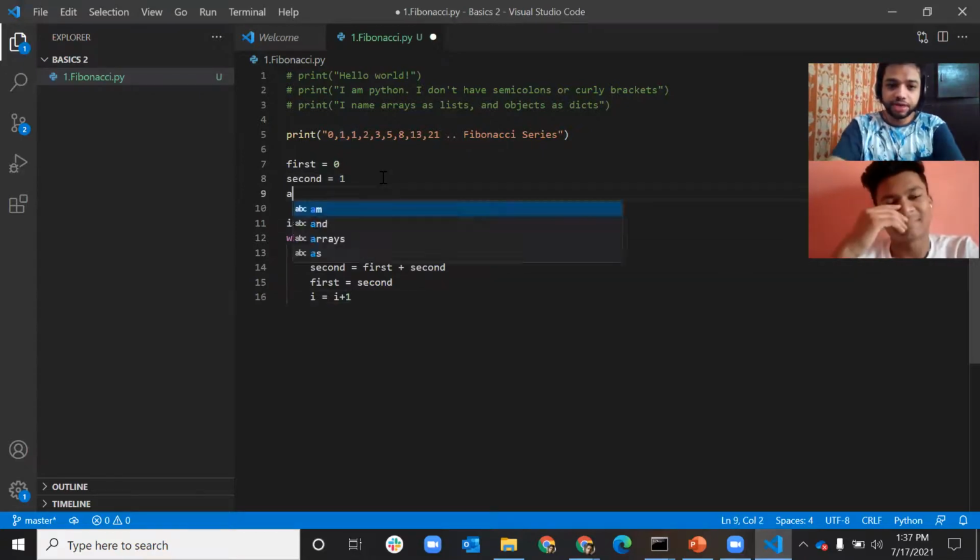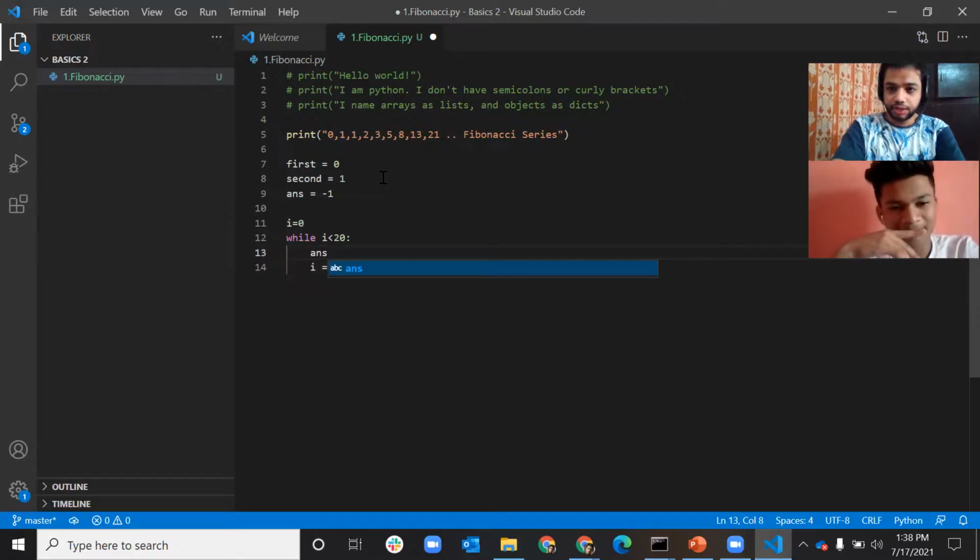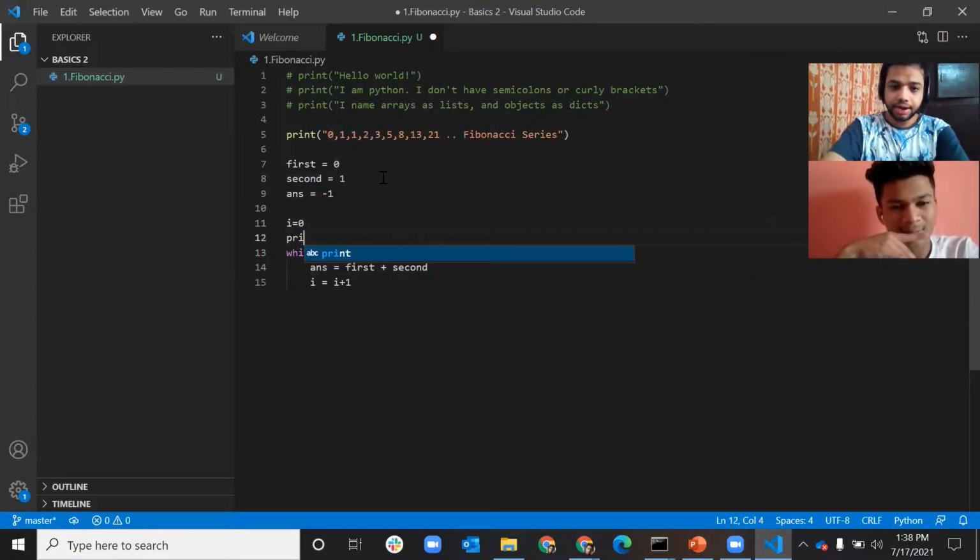Okay, I'll define another variable, ans equal to minus 1. ans equal to first plus second. And here I will print 0 and 1 beforehand.